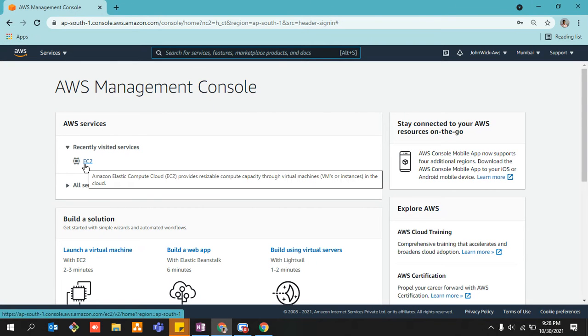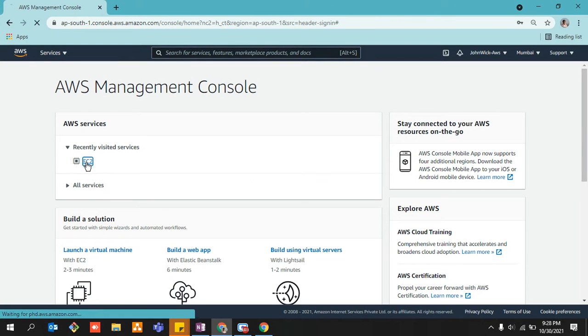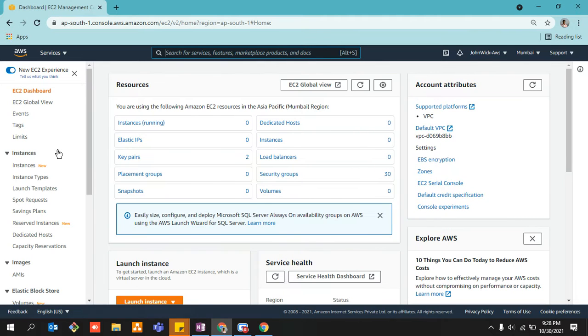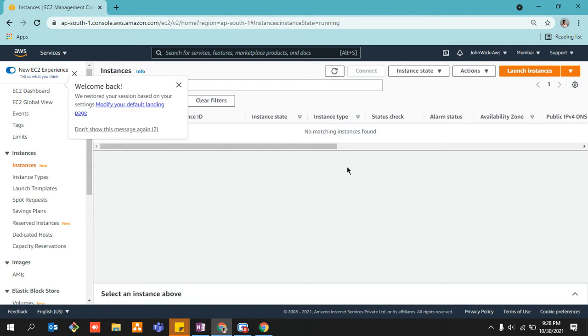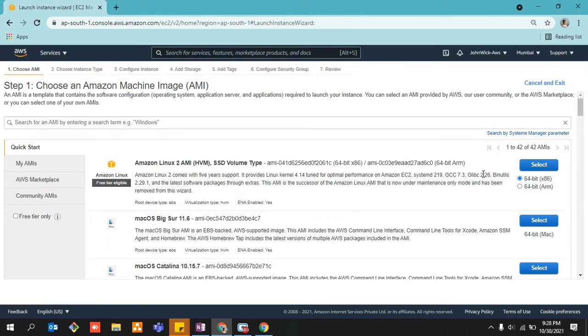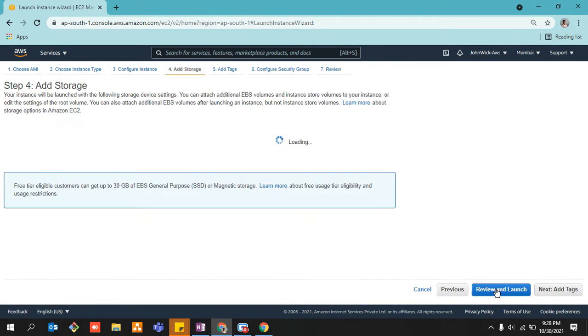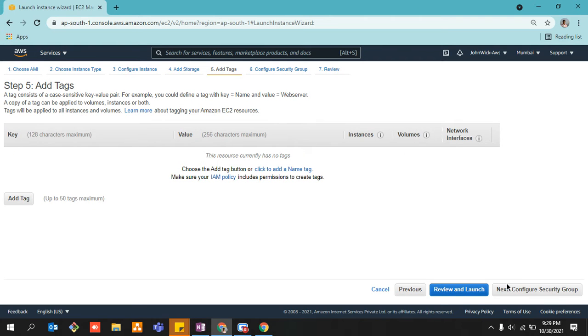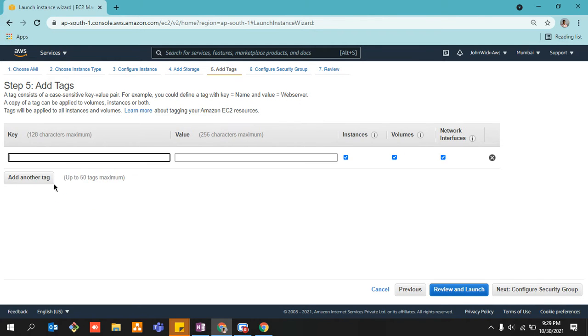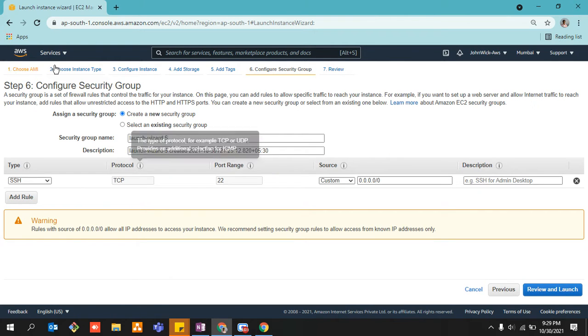Here I am on my AWS management console. I'm going to get an EC2 instance up and running. I'll do it very quickly so that we can devote time to our main lecture. I can give it some name, like machine config. Any name you can give.